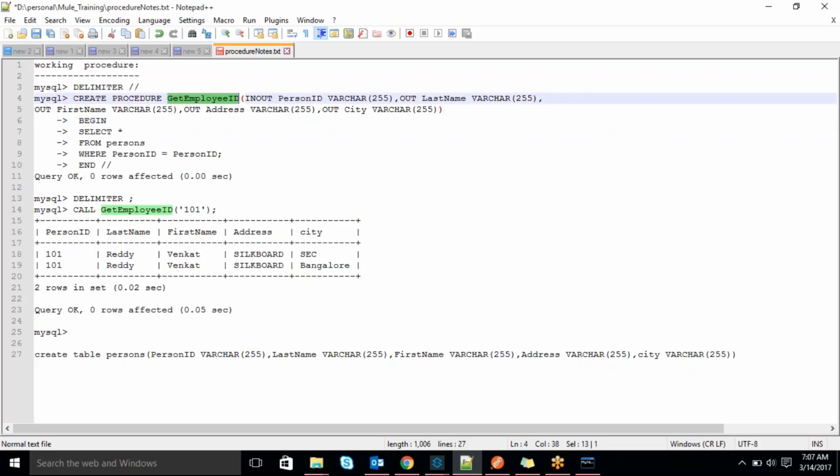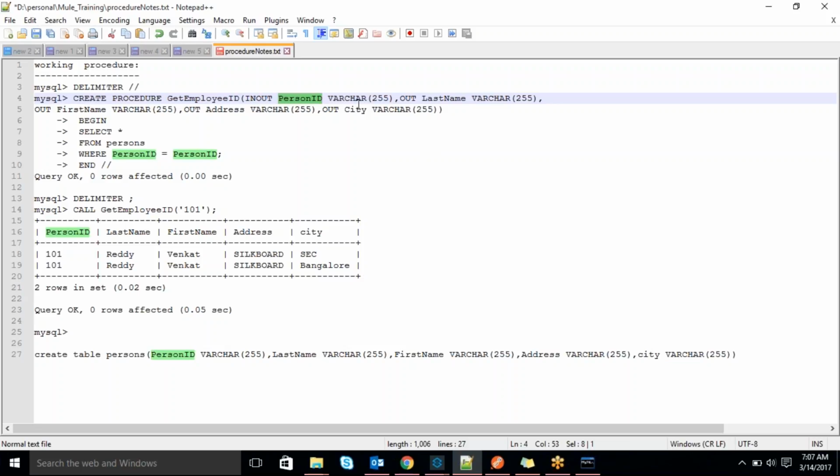Okay, here, get employee ID. This is person ID, in out. Both are the same: the in parameter person ID it was taking, it will return also. That's why I mentioned both, in out. Similar to creating a table, where we give the return type, here also it is the same thing.